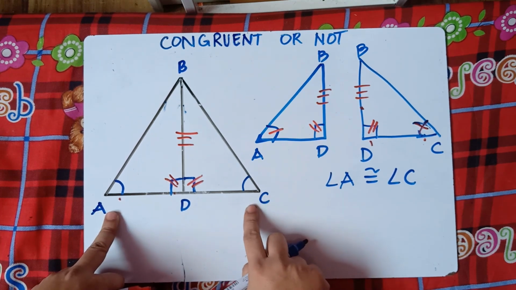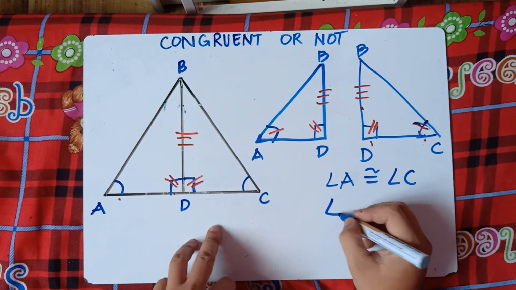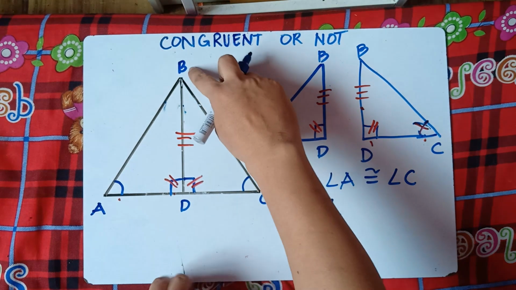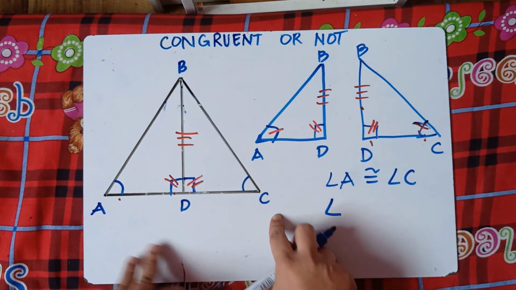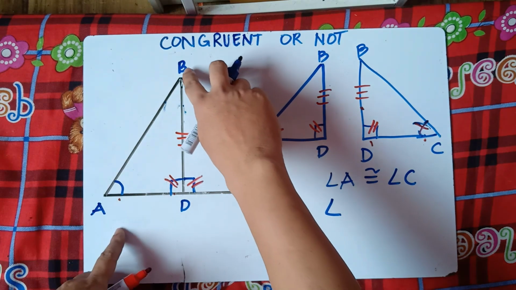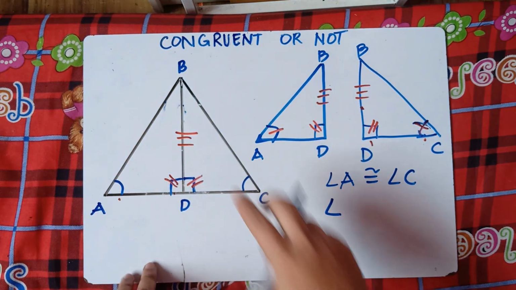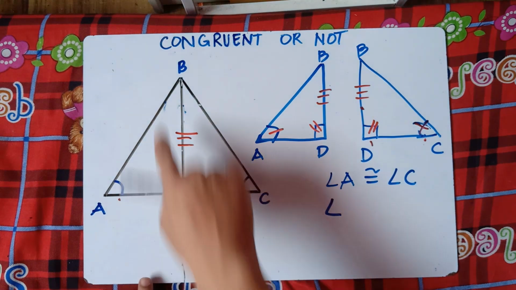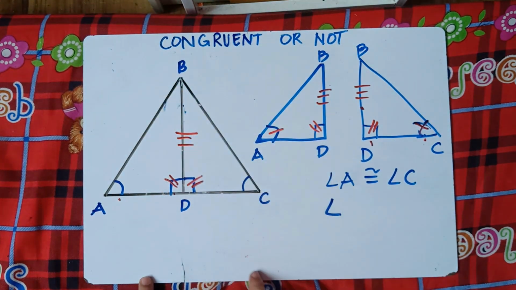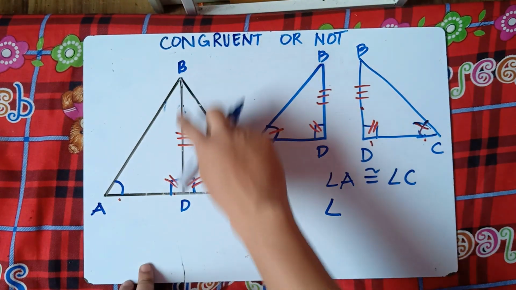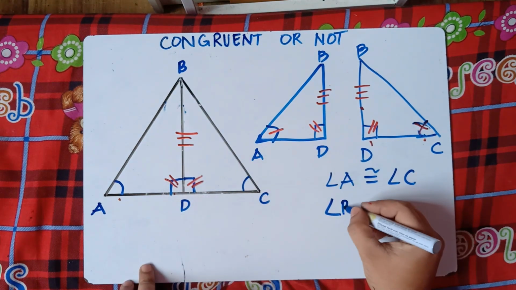And we have another angle. If you read the first triangle as ADB, it should be CDB on the other side. Let me read it BDA. So angle BDA,